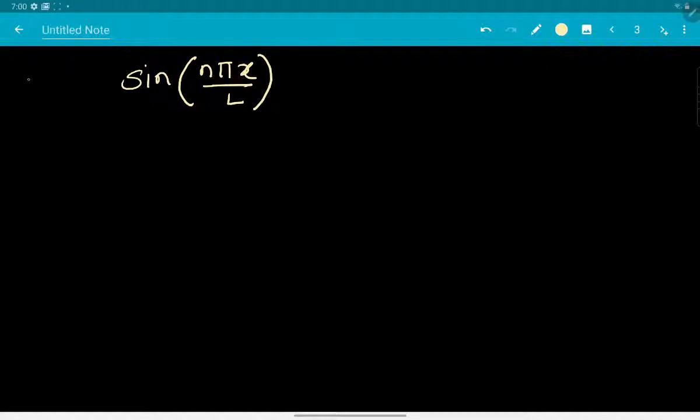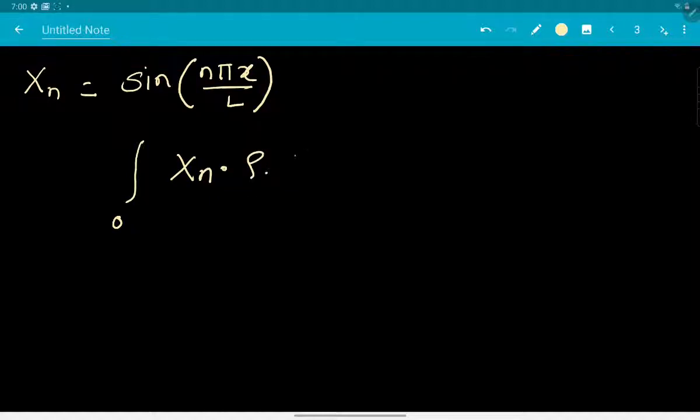So this, let me call it as xn, this is nth mode shape, and let me say that this nth mode shape, if I have to convert it to mass normalized one, then what I'll be doing is I'll be multiplying by this xn itself, and then we have mass term, which is nothing but rho, and xn itself. Once again, we'll be integrating it over entire domain